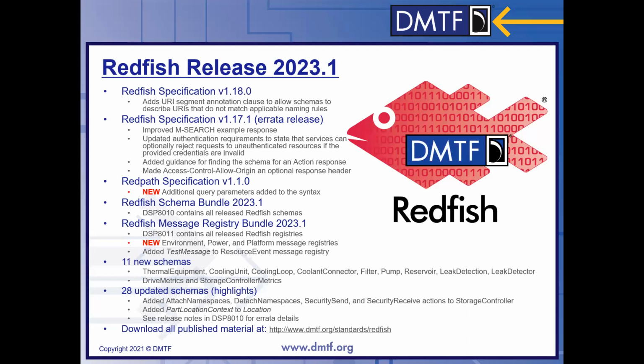We also have a new version of the message registry bundle. DSP 8011 contains all those registries. We have several new message registries. We have environmental types of messages. So when you have thermal events or fan related events, there's a power message registry now for all your power equipment and internal power componentry. There's also a platform level message registry when platforms take exceptions or other types of critical errors. All of the material can be found at